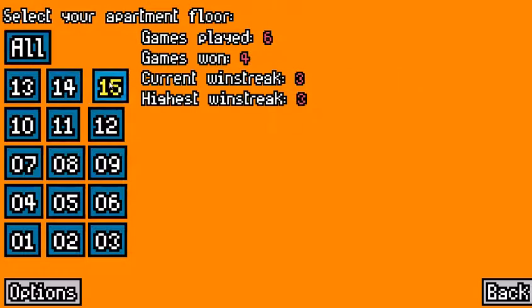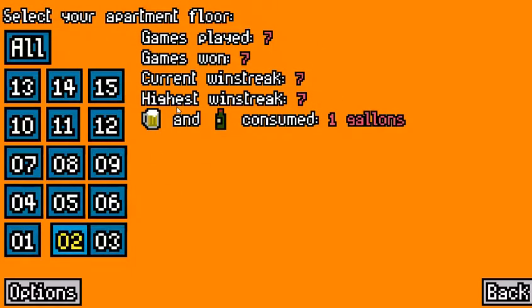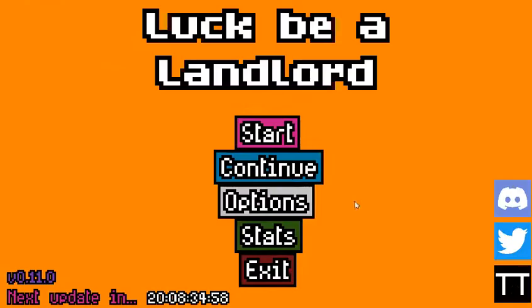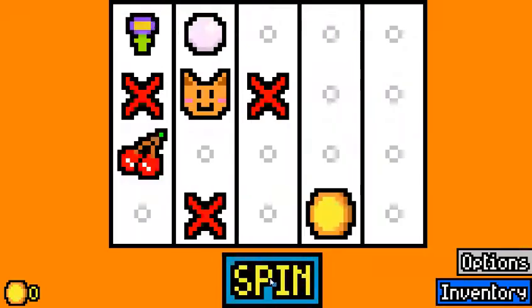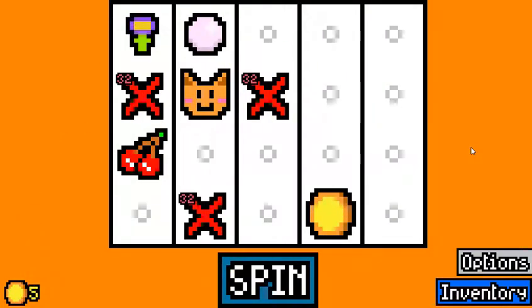your overall stats. More importantly, we have the Ascension floor 15. Current win streak is 3, so we are on a 3-game win streak. Let's see if we can go on with that. I'm really interested what our stats it tracks. The update thing said that it tracks 6 different stats. So let's see what happens. So apartment floor 15, we're on a 3-game win streak, and I'm very interested to see what we're going to